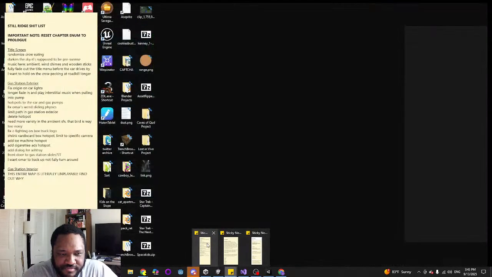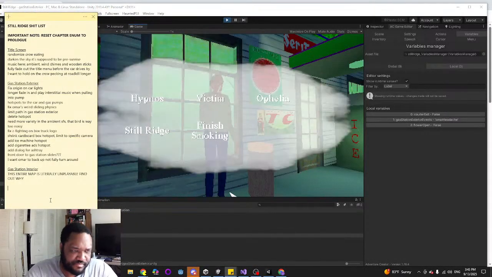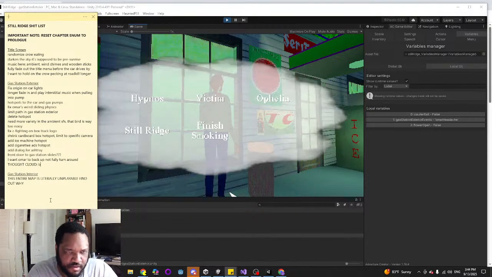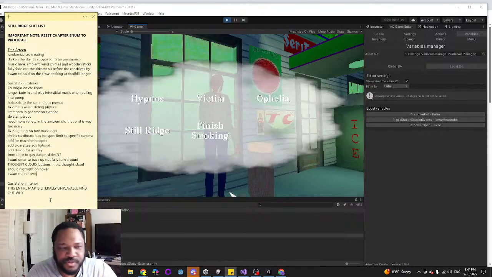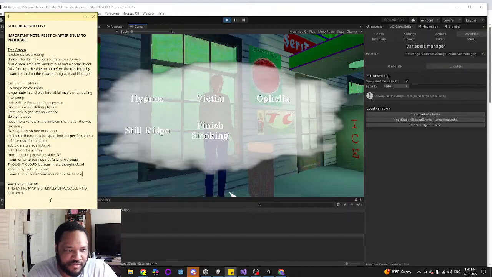Okay, so I need the buttons in the thought cloud to highlight on hover. I want the buttons to swim around in the haze of smoke.